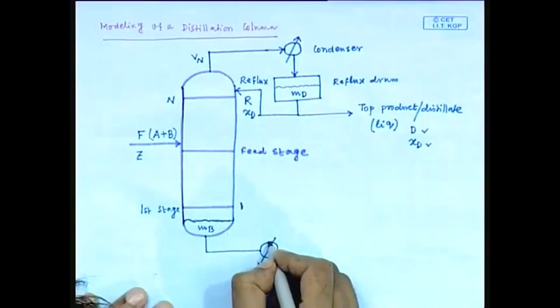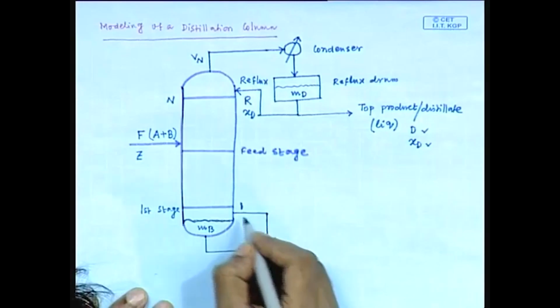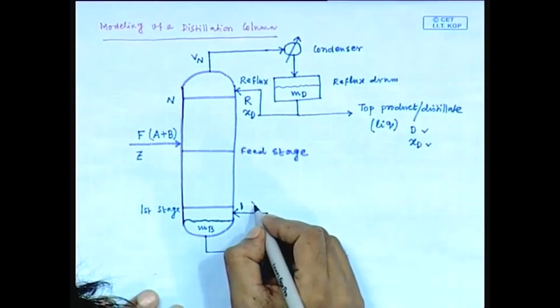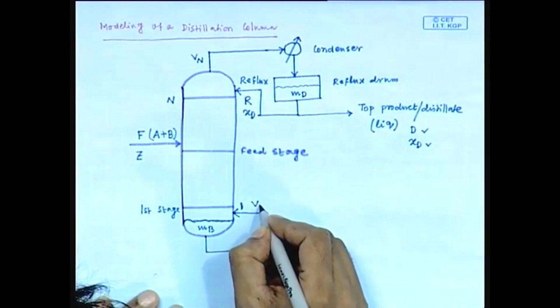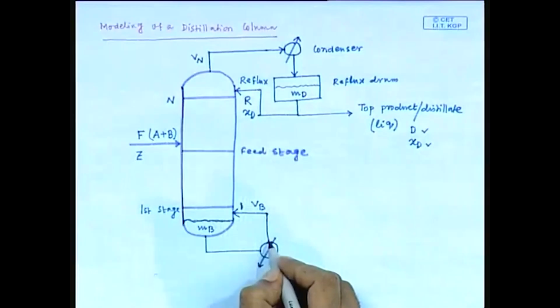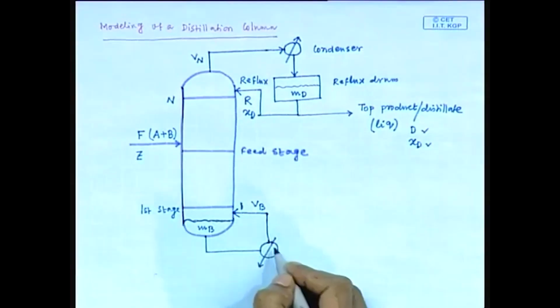Then the vaporized stream is recycled back to the bottom stage. Suppose the vapor flow rate of this recycled vapor is V suffix B,